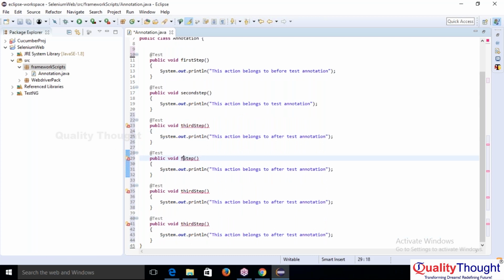This one is fourth. This one is fifth. And this one is, yes, that is what I am doing now. Sixth method. So this annotation belongs to,